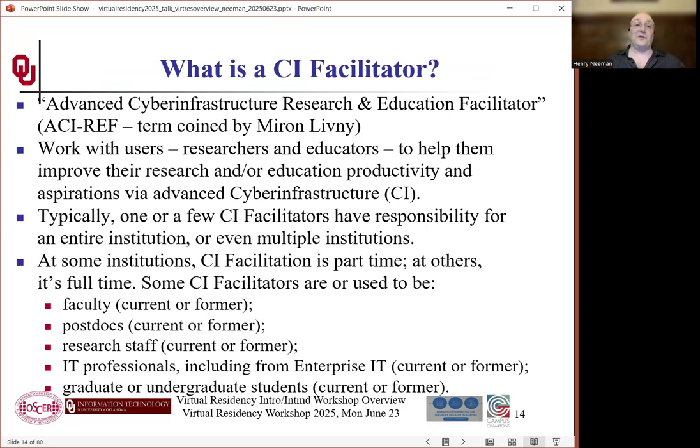Then what's a cyber infrastructure facilitator or a research computing facilitator? Maron Livni of University of Wisconsin-Madison coined this term back in, I think, 2012 or thereabouts. The Advanced Cyber Infrastructure Research and Education Facilitator. We've really taken that down to just cyber infrastructure facilitator. They work with researchers and educators to help them improve their research or education productivity and make their aspirations bigger